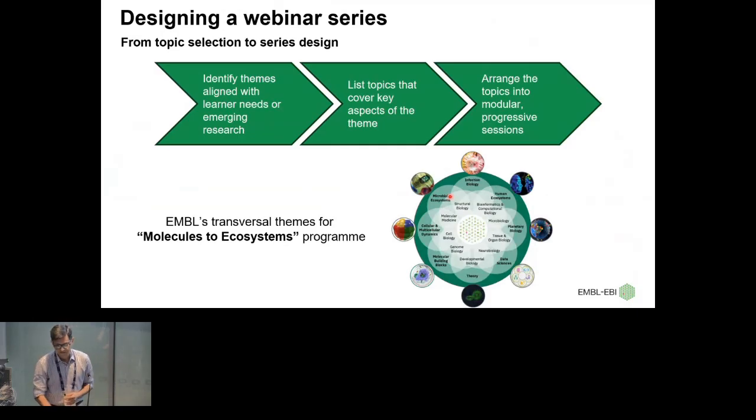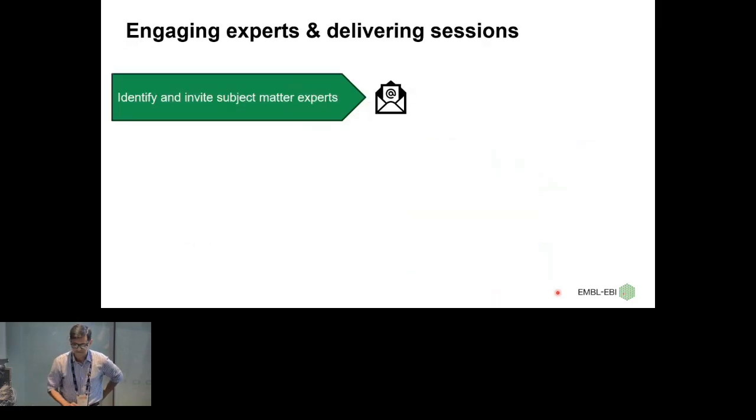So we have many different themes. So we have obviously data science, theory, microbial ecosystems, and many other, planetary biology. So that actually becomes our guiding force, our guiding support for coming up with topics. And obviously these topics are quite timely and very useful and interesting in current science.